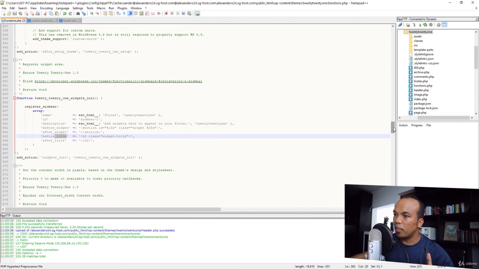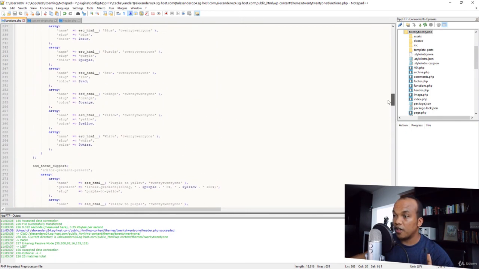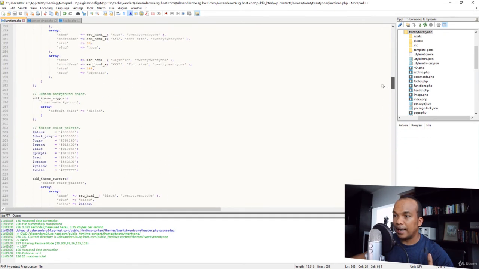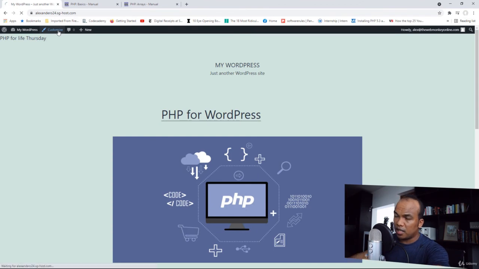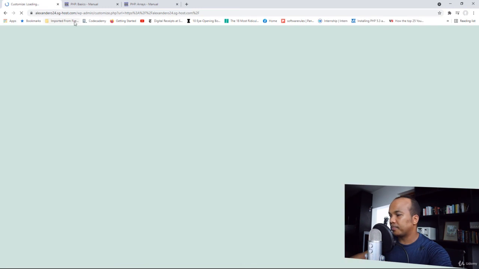I'm going to give you another example up here, and this one is actually very, very interesting. So you have this function called add theme support. This is a pre-built function with WordPress that allows you to add customization options to your theme. Now, in this case right now, we're adding the support for a custom background. I'm going to show you something very, very cool, because I want you to see how this actually works. If I go to customize, this is for the 2021 theme, just to remind you. If I go to customize right here, and we go to, my apologies, my internet is acting all weird again